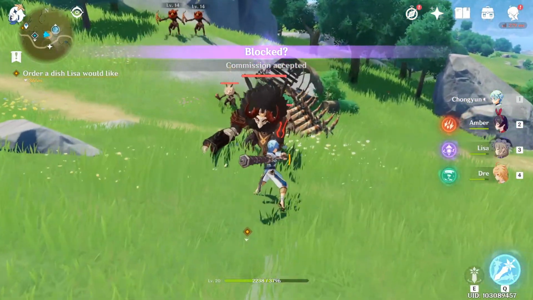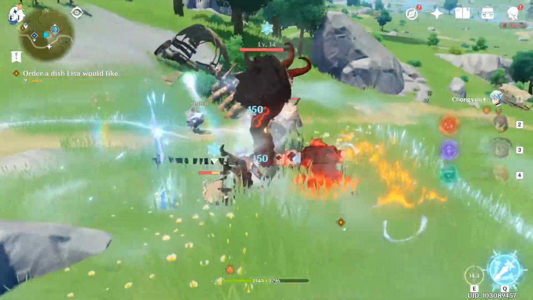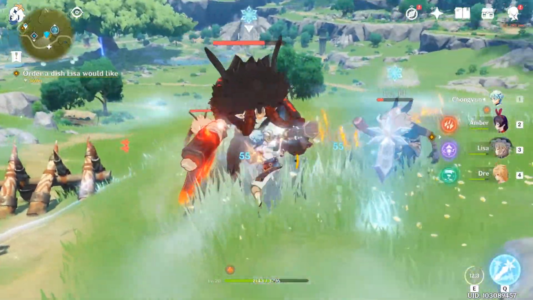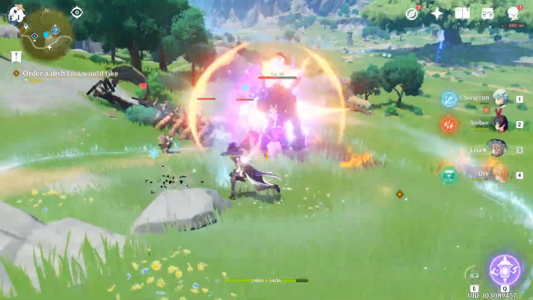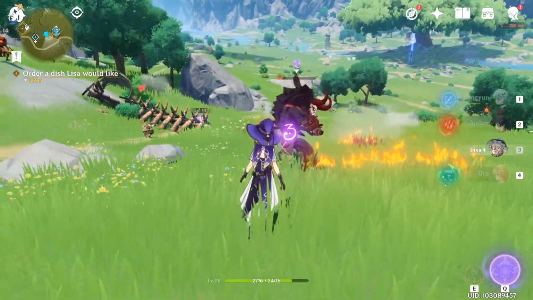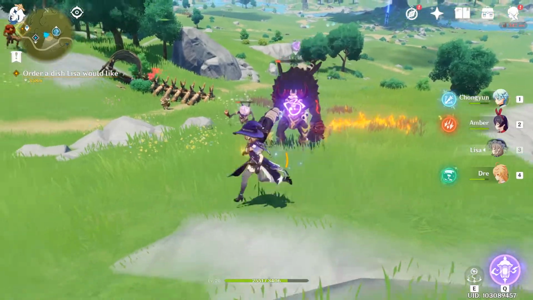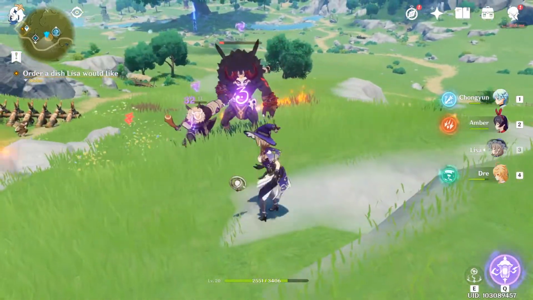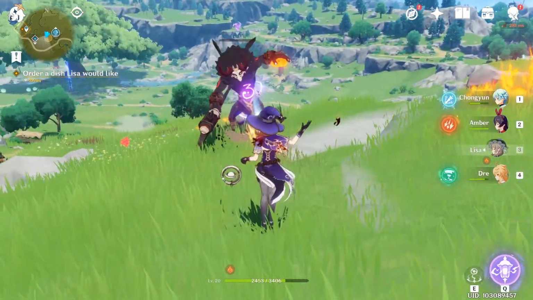Okay, so this will be the damage we are doing if there is no Superconduct. Now we swap over to Lisa, and there it is. This is the damage, so we are doing tons of damage. Okay, that wasn't on purpose, but this is the damage that we are doing if there is no Superconduct with Lisa. Just want to attack with her